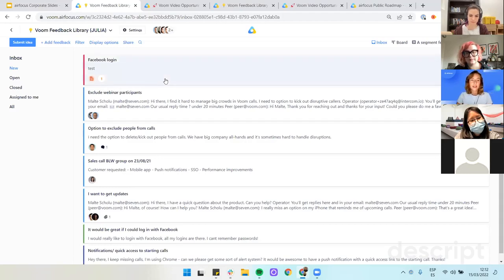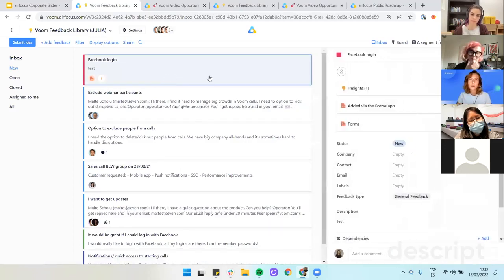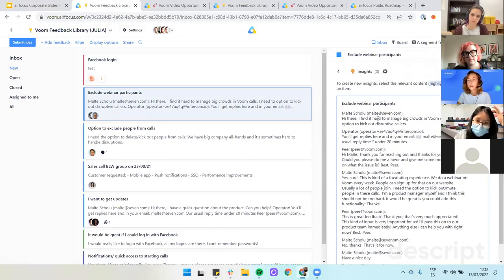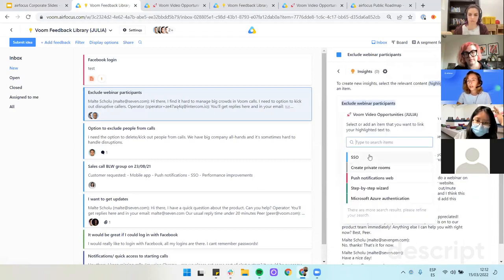So there will always be some kind of manual work included, because you have to decide, okay, with what feedback do I want to move forward? Do I create insights from this? Creating insights, for example, is the manual part. So you would highlight the important part, click on the respective item, create the insight, and then apart from that little manual step of creating the insights,